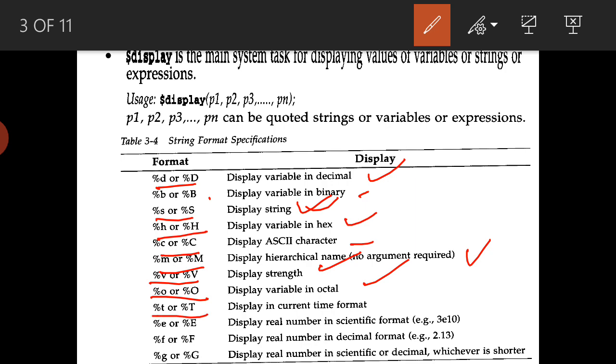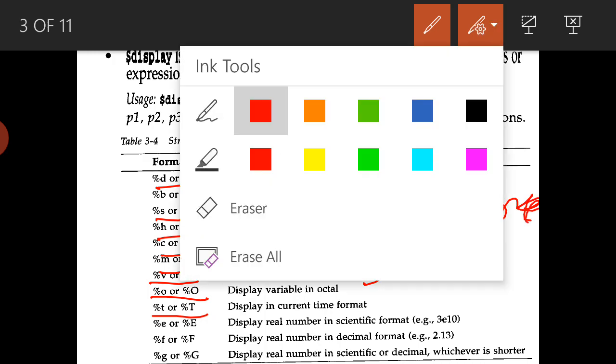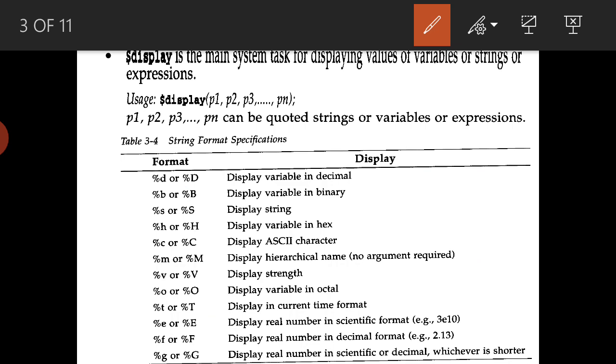Then percentage T is for displaying the current time. Next we will see dollar time, which gives the current simulation time. If I want to display the current time, then I need to use percentage t. Then if I want to display real numbers in a scientific format, then percentage e.